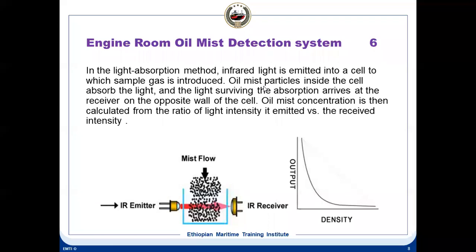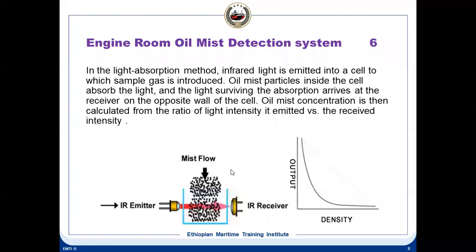That is why this oil mist detector is a small compact unit. It is fitted and it is always focusing onto the area where the oil transfer is taking place, or the pumps, towards the pump side. So it is fitted in such a way that it is always focusing onto that. There is a fan inside, the fan will suck the atmosphere every time. And as soon as the oil content goes high, it gives an alarm. So this is the basic concept of an oil mist detection system.